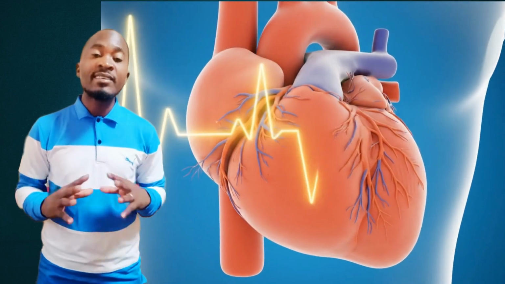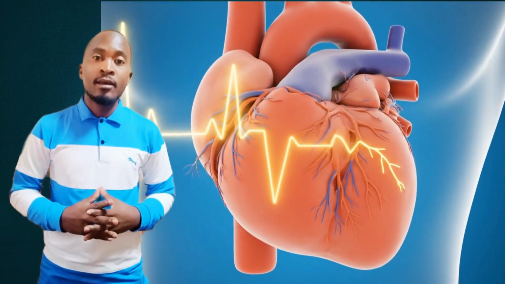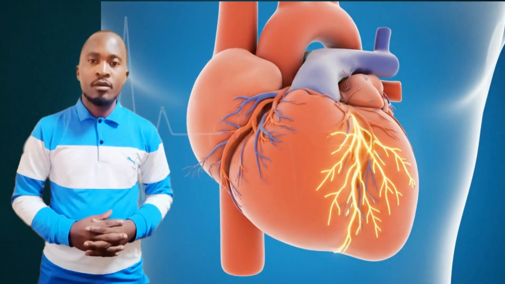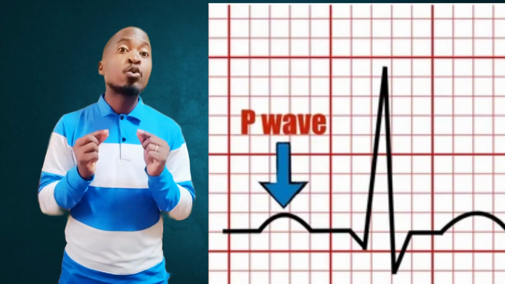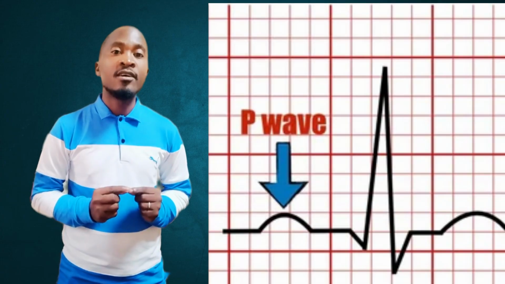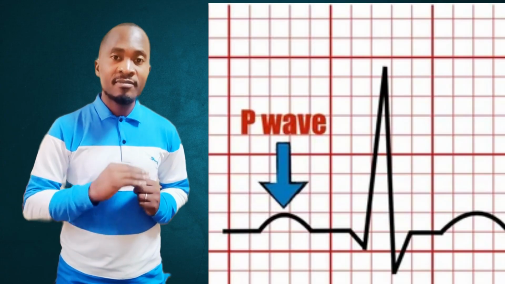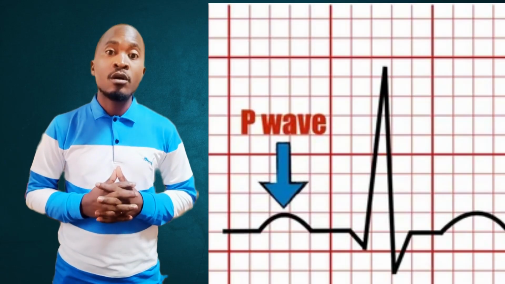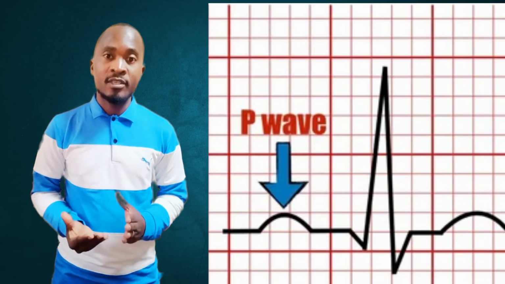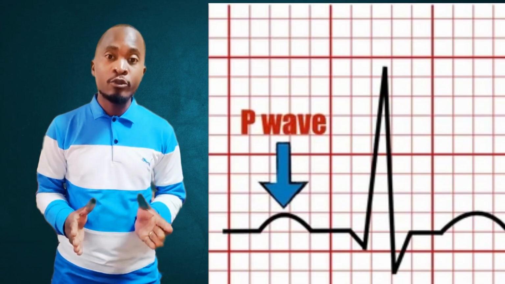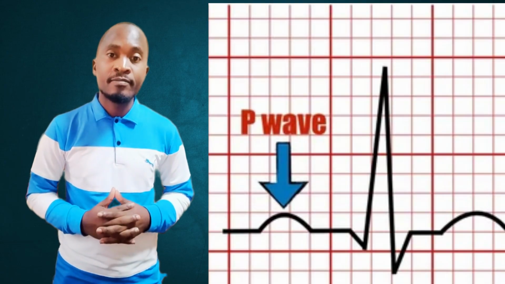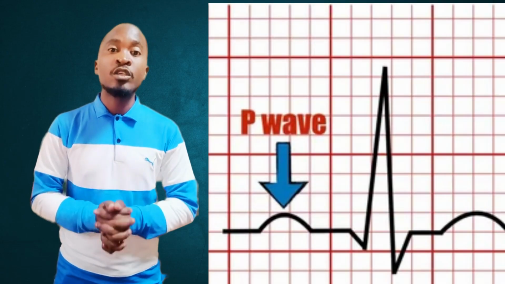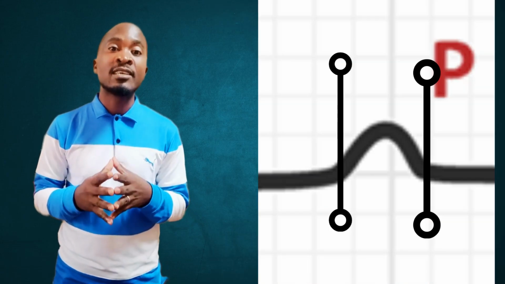So let's look at what is happening when this conduction is taking place. One of the first questions that you need to ask yourself is, do you have a P wave? And if there's a P wave, how is this P wave? Is it smooth and curved? A normal P wave should be smooth and curved. And if it's smooth and curved, then the third thing that you need to ask yourself about the P wave is,